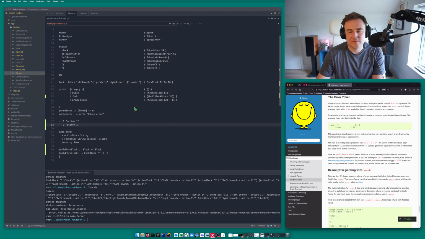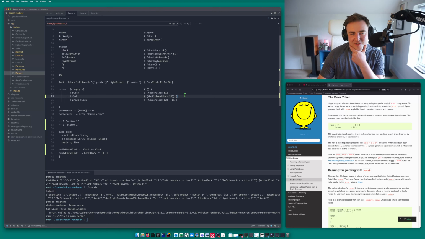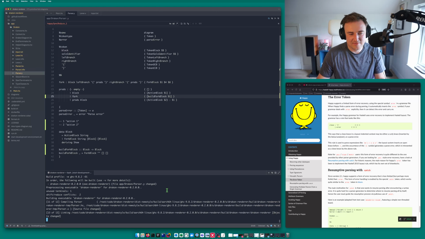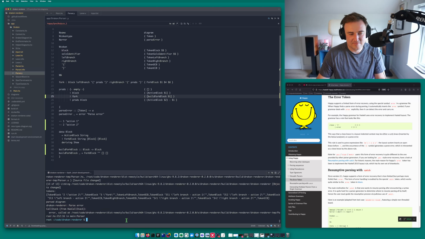Okay, so at this moment, I'm not really sure if this is working well, if I'm doing the right thing. We're only getting a parse error.